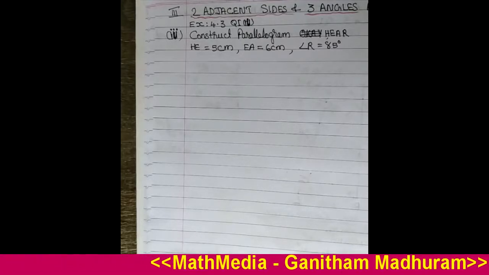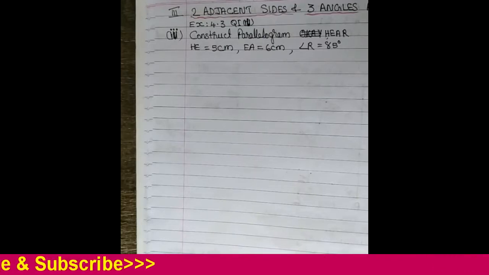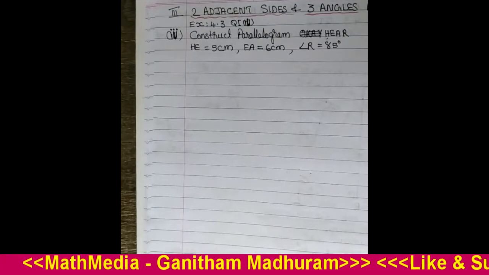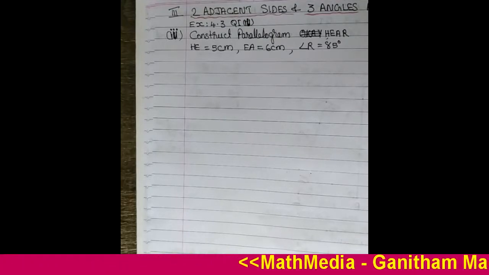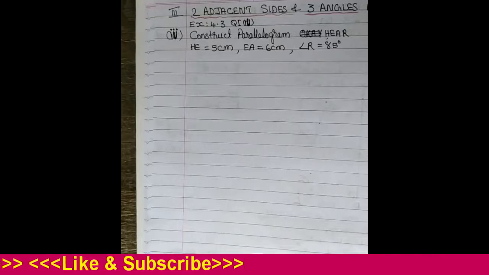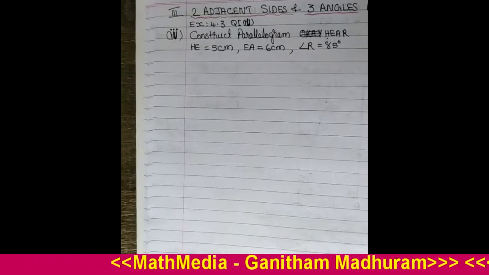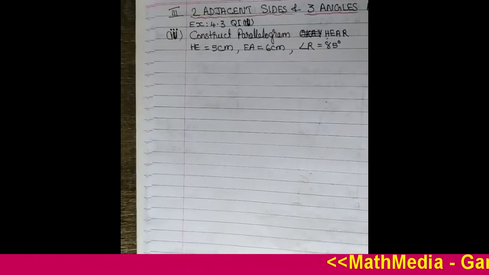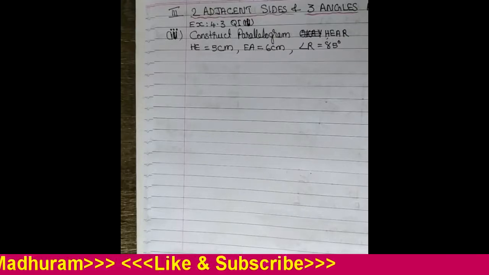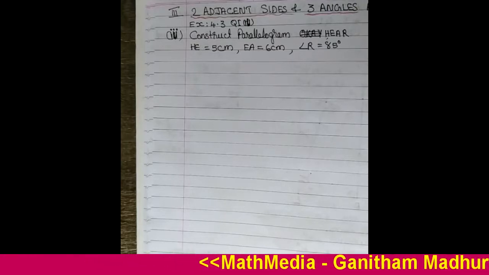Look at the given measures. We see that only 3 measures are given. Are you able to construct a quadrilateral with these 3 measures? No, we are not able to construct. To construct a unique quadrilateral, we need 5 measures. Here we have 3 measures and we have to construct a parallelogram. Hence we can use the properties of parallelogram to obtain 2 more measures.